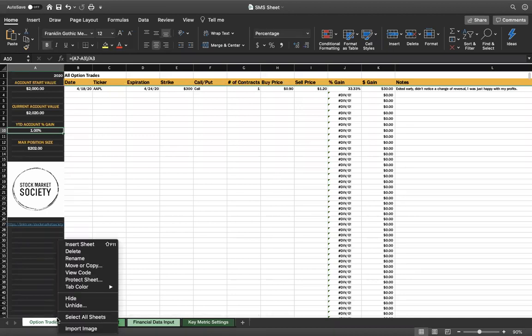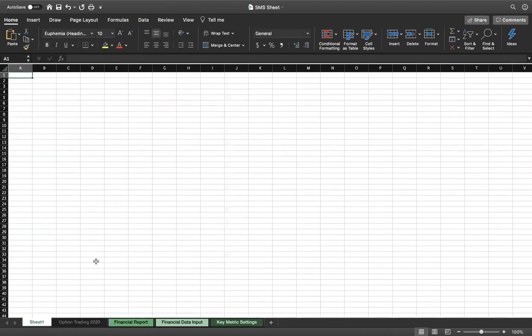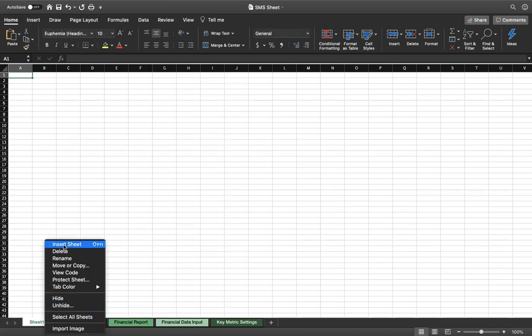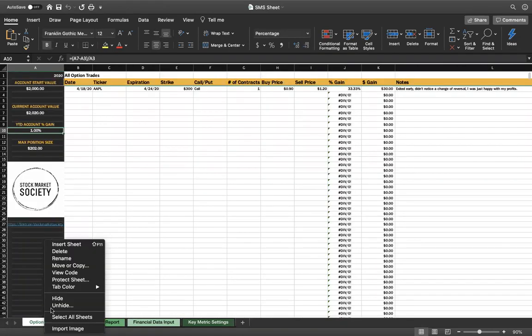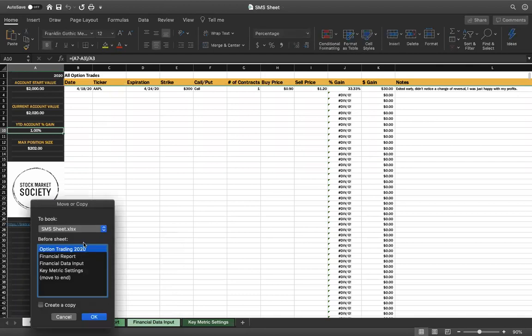Let's say you have a new year. It's now 2021. You want a brand new sheet. You want to do this from the start. Insert sheet. Oops, wrong one. I apologize. Delete. It's duplicate. Move or copy. So now what you want to do